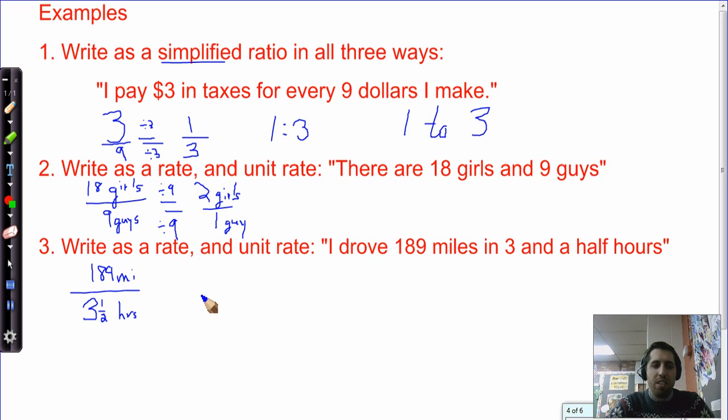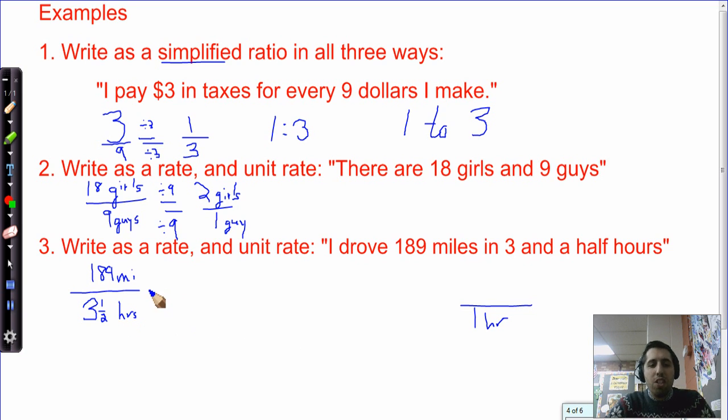So there are a couple of different ways to do it here. Some people are just going to divide, just like normal. That's fine. That works. Another way, if you want to think about this with me, is what we'll do now. Instead of just dividing 189 by 3.5, which would work, because we would divide the denominator to get 1 hour, and we divide the top by 3.5, that would work. Another way I like to do this, because I know some people don't like to work with fractions,